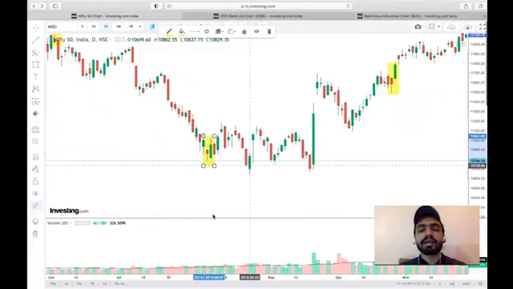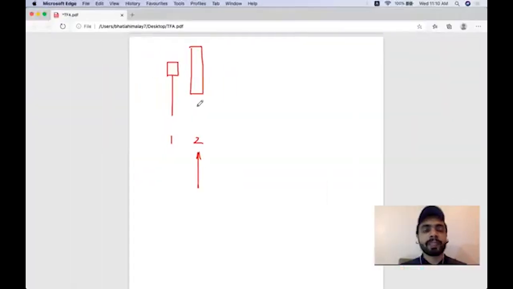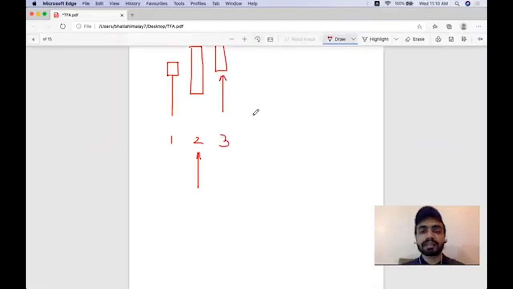Why? This is the evident example. So over here, it went on to hit my stop loss. Now, if we get a confirmation on this day, wonderful. I can take my long on the third day. All right. However, if we get a picture something like this,